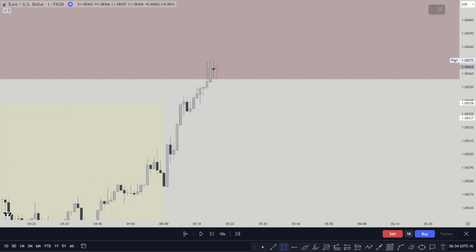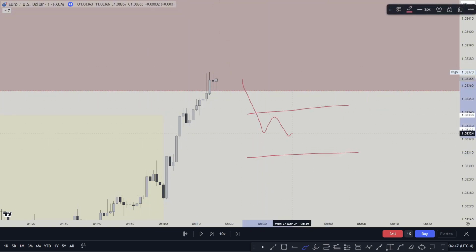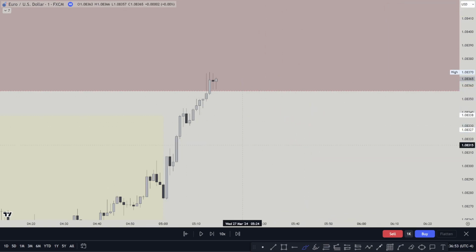Now, why did I trust this change in state delivery in this case? Because we have a very specific level I'm looking at. That's a Turtle Soup entry. Now I'm trusting the change in state delivery. But if I had a big fair value gap, with no specific level that I'm looking at, if you trade change in state delivery, you'll be trapped a lot of the time. So this was last bullish candle. Now we have another bullish candle here.